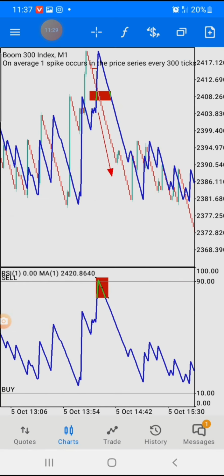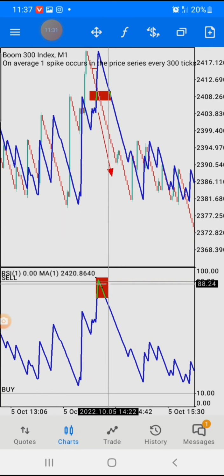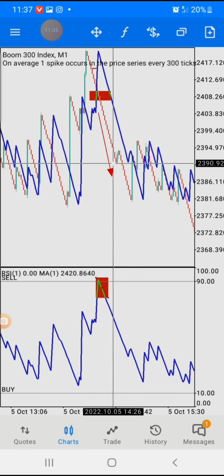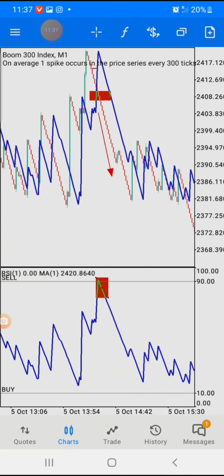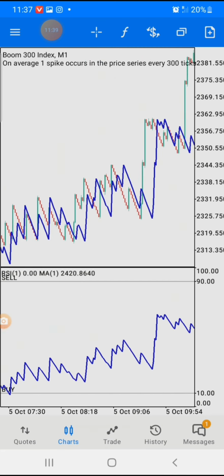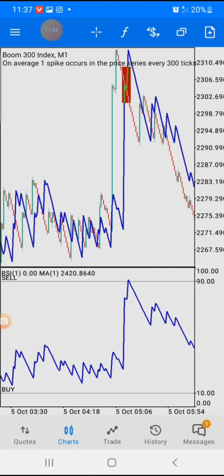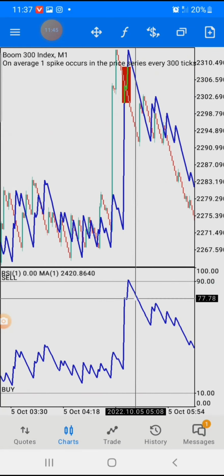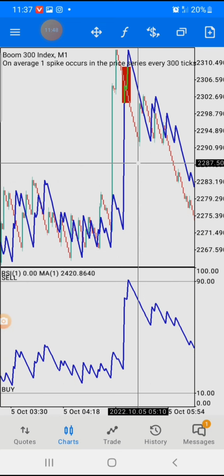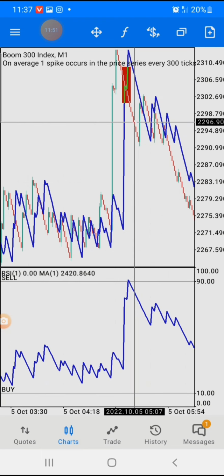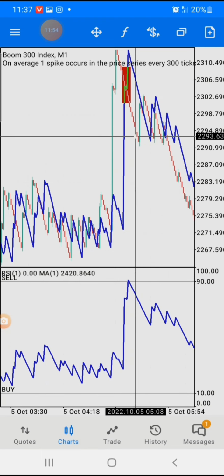Okay, we can see now the moving average is touching level 90, and here the candles are crossing the blue line. Then we count our 5 to 10 candles, then we move out of the market. So it can actually work in this market. Here again, we have this setup. Then we count 1 2 3 4 5 6 7 8 9 10 candles, then we move out